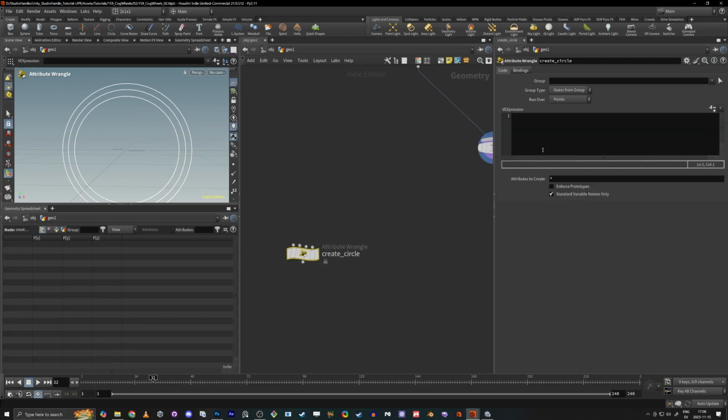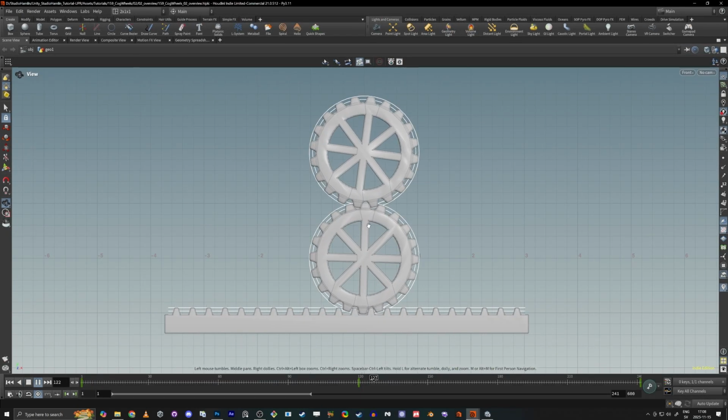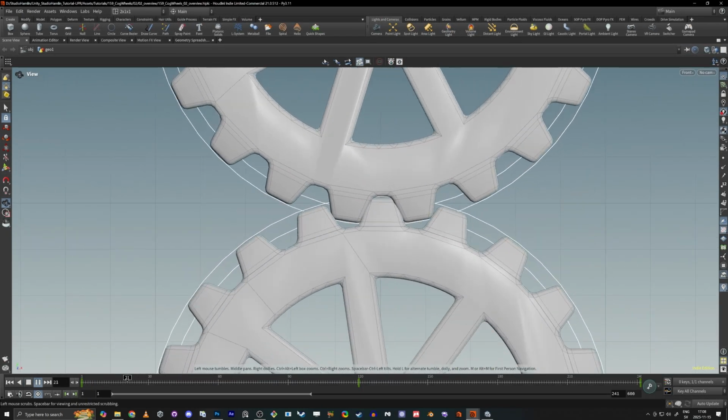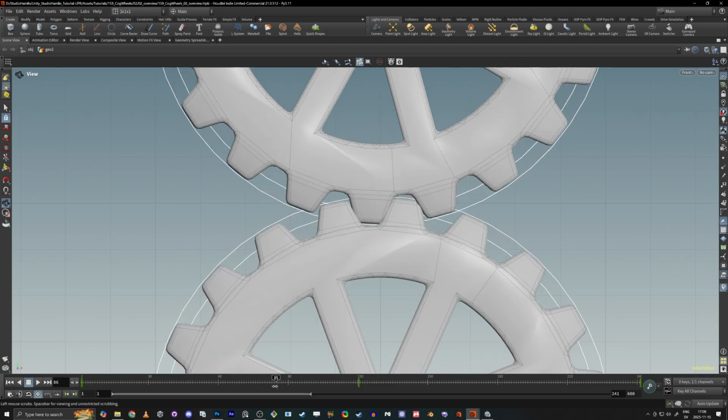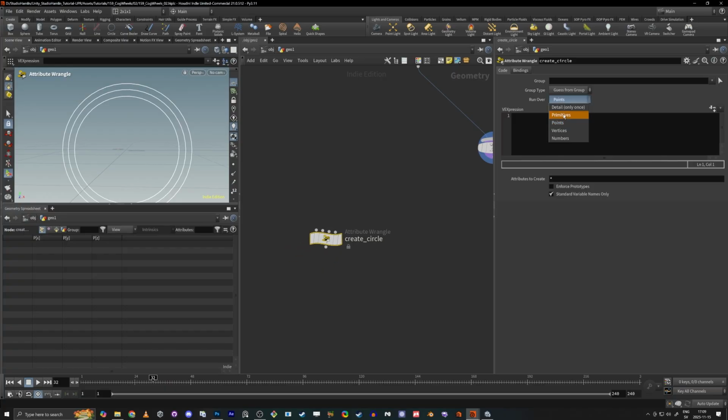So in this one, we're going to start. We're going to do this part. This is our cogwheels. They're a little bit tighter and they look a little bit nicer. So what we're going to do here, we need to have this in detail, because when it's in points and we don't have any points on it, it won't run, because you can see it is like a loop. But now when we have detail, it says here only once. So that's lovely. So we're going to have int, and we're going to call this